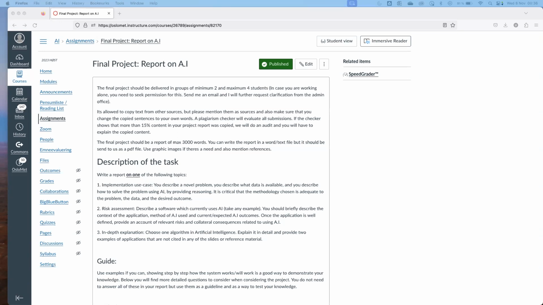Use it, but don't copy paste. The reason I'm saying this is because we use an internal tool which can detect if you copy paste directly from ChatGPT. So use ChatGPT if you want to, but change the text and rephrase the wording. It can help you in writing the report.